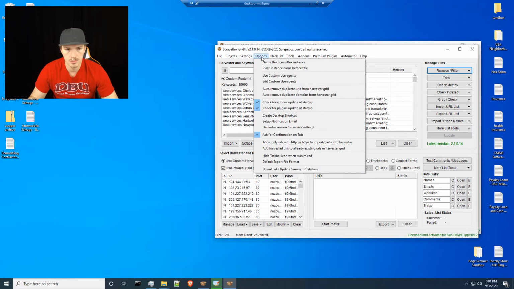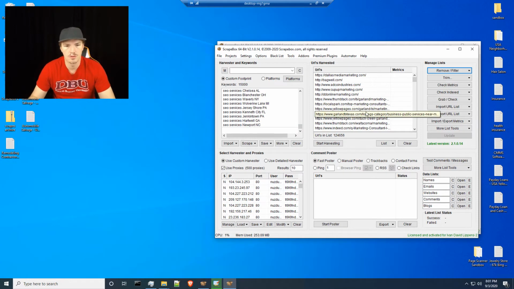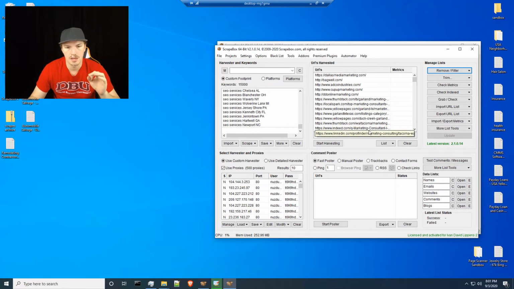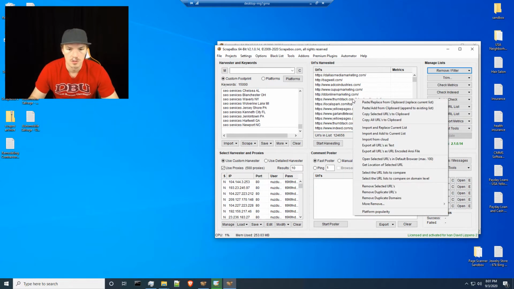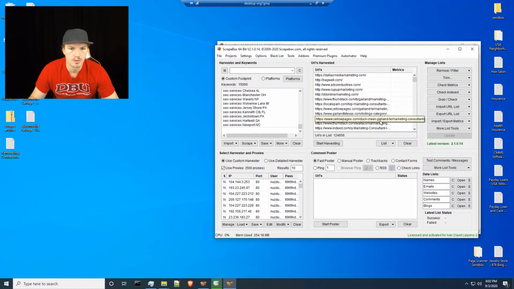You want to make sure also that you have turned off auto remove duplicate URLs, because you actually want those URLs so that you can have your spreadsheet count the number of repetitions of a particular URL, and then you can tell which URLs are ranking the most frequently across the pool, and then you can kind of kill a bunch of birds with one stone by making a Yellow Pages listing, for example, for that particular location that is ranking there. So I'm going to go ahead and copy all these URLs to clipboard,